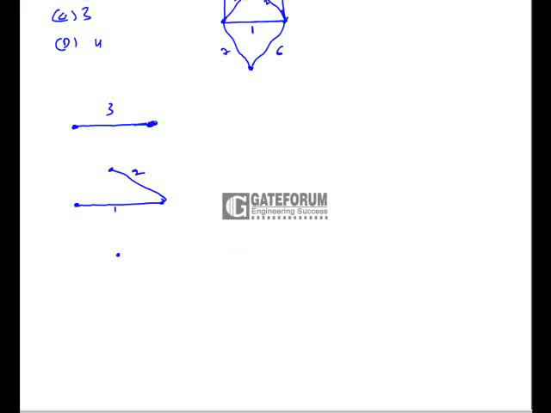So we can add this 4 or this 4. We can add either this edge or this edge, because adding either of these two will not form a cycle. So let us add this edge in this. So this is one spanning tree, and the other spanning tree is